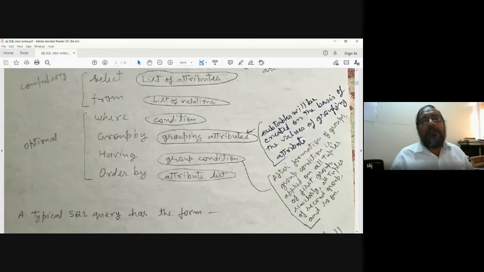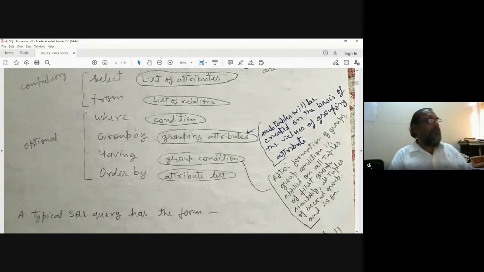Then 3 more clauses are here. One is group by, where we write the group attributes, and then having, which is also a clause where the group condition is written. Then order by, where we write the attribute list. Basically order by is simply ascending or descending order, right?